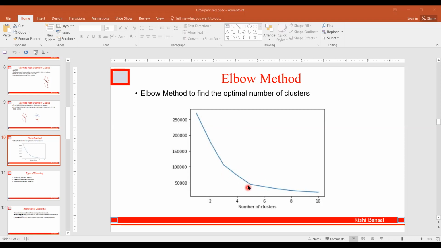So you will say when n is equal to 5, if n changes beyond 5, if you change to 6, that fall is not that much.